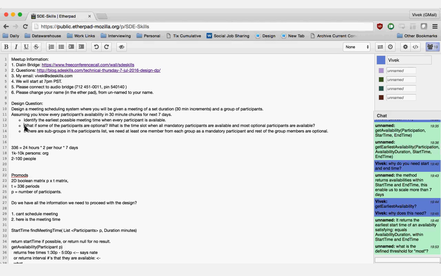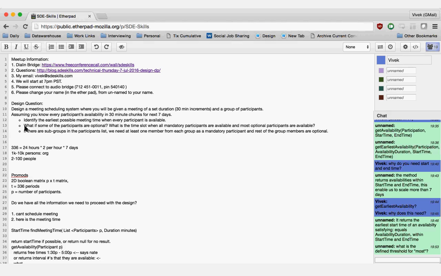No. The first one is you have to modify the algorithm to return all possible meeting times where all mandatory participants are available. That is number 1. Yeah. Okay. Then what? And the second is you take this input and then see where is the maximum number of optional participants available. Like which one of these 4 time slots that you got for the mandatory participants, where is the maximum number of optional participants available?